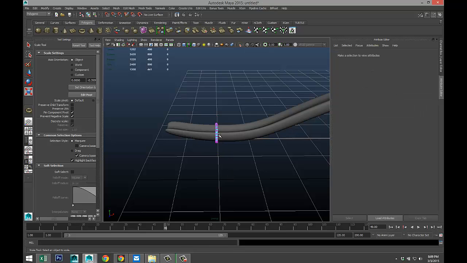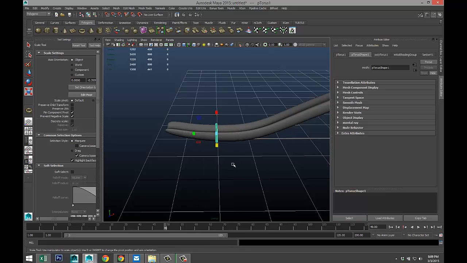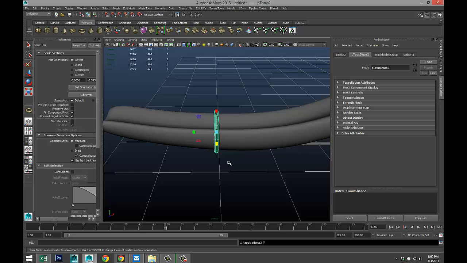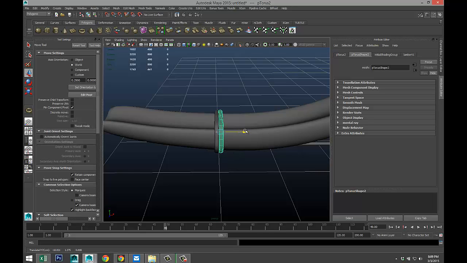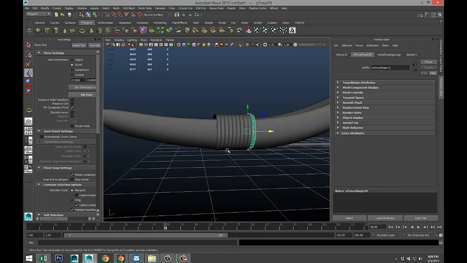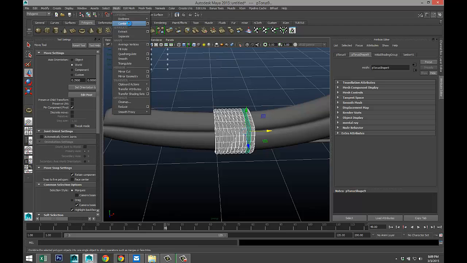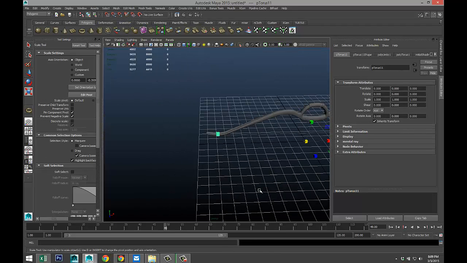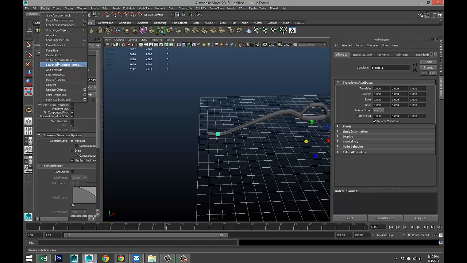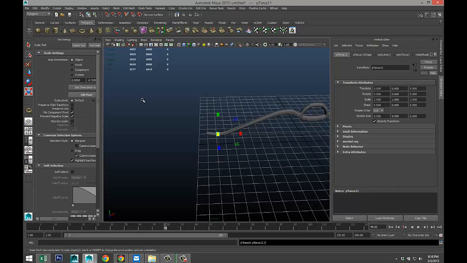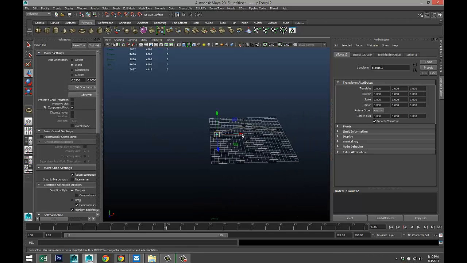Okay, so we got that. Right click object mode, select it. Control D to duplicate, W to move over. And we're going to hit Shift D a few times to repeat that. Okay, then we're going to take these guys. There we go. Mesh, combine, modify center pivot, Control D to duplicate, W to move over,